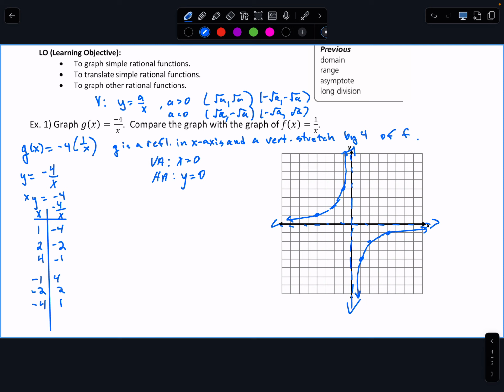And typically, I want the vertical and horizontal asymptotes. I want the vertices. And I want domain and range. And in this one, the domain and range are the same because they're both skipping over 0. And that's how we use interval notation to skip a single value. So we have the comparison,